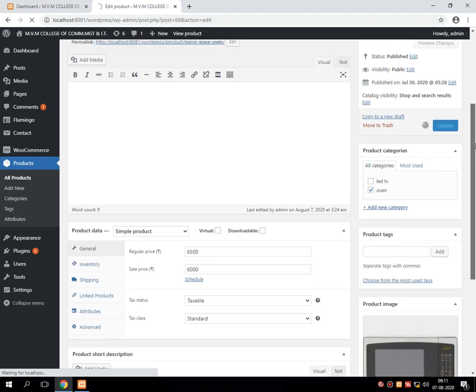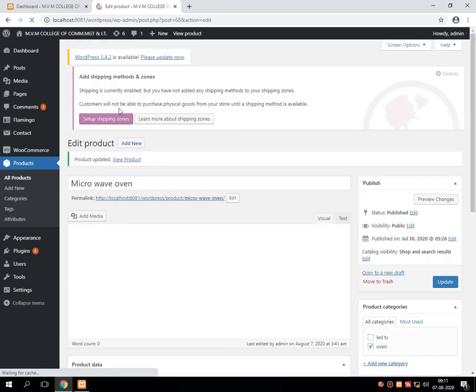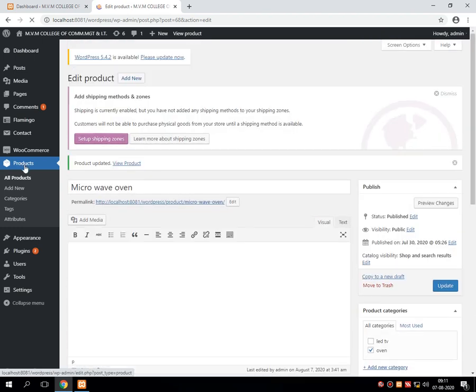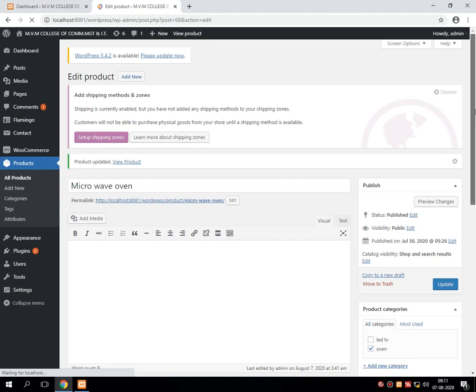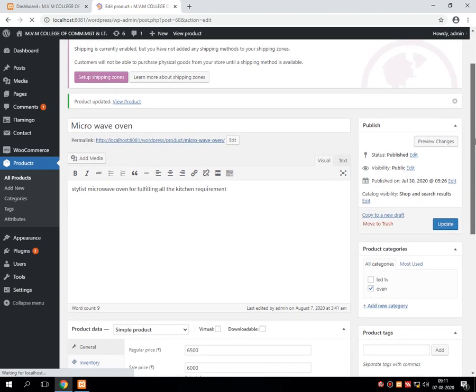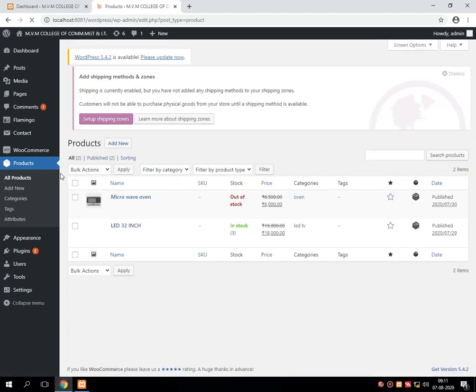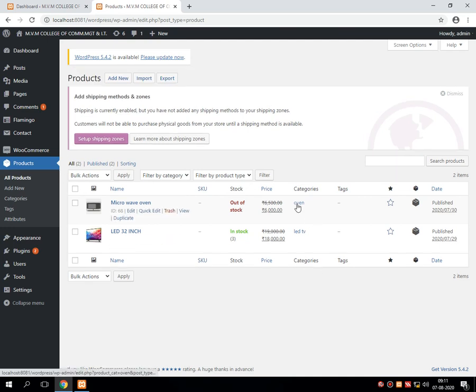Once the system gets updated successfully, over the listing in the product section, both the products get bifurcated into two different categories. One category is LED TV and another category is oven. So let's see whether the same works or not. Yes, it works. You can see that two categories have been displayed over here. This TV is in the LED TV category and this oven is in the category of oven.